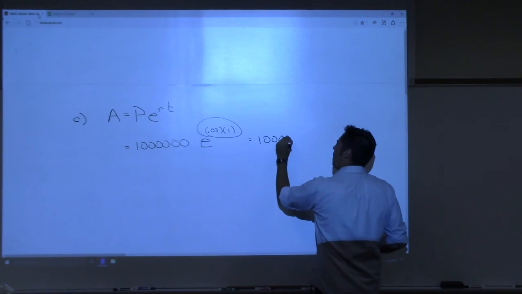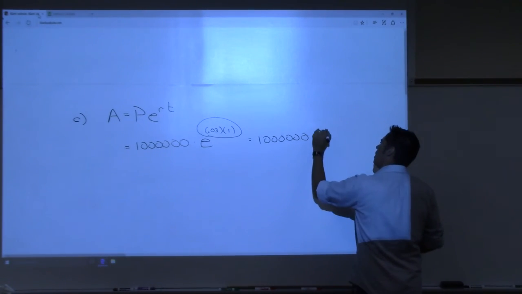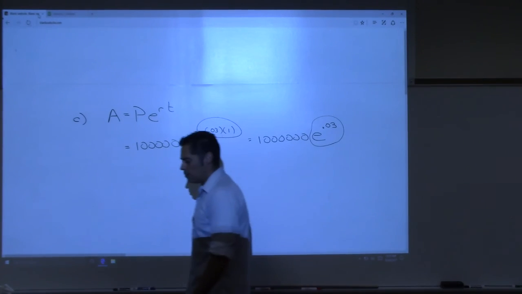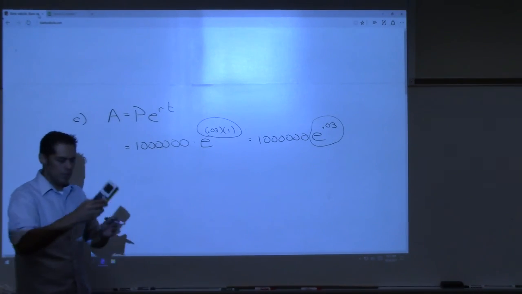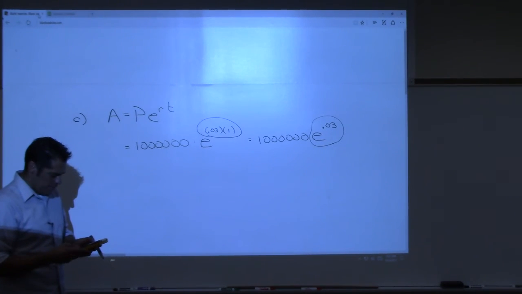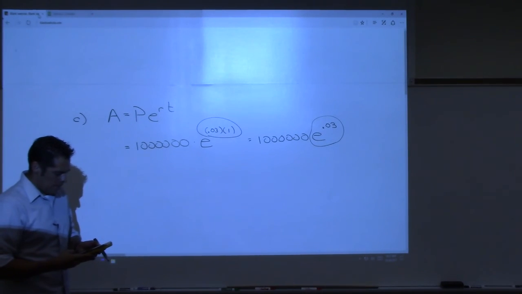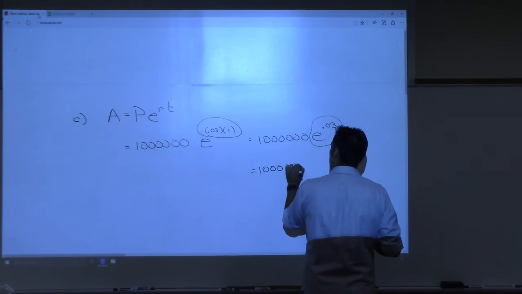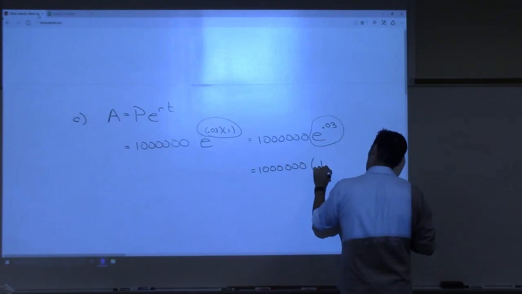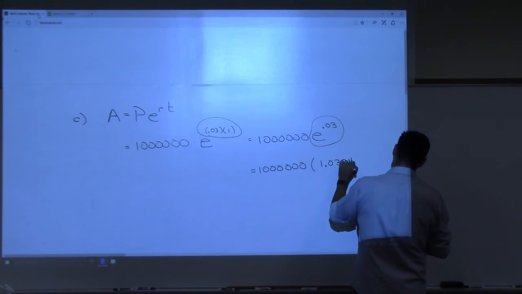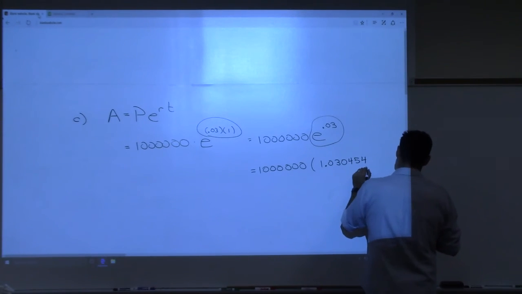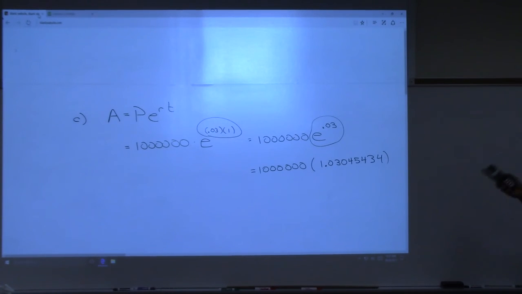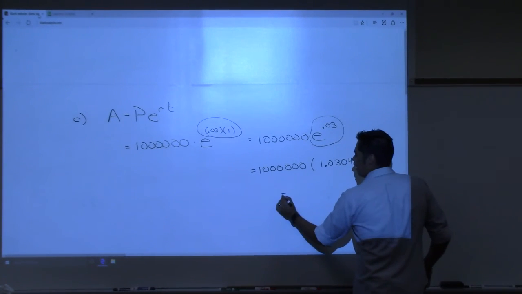1 million e to the 0.03. Now do this on your calculator, e to the 0.03. And that's what I was having you do earlier. So make sure you can do e to the 0.03. And that number is going to look pretty familiar to the number that we've been getting. It's 1.030454434. That's what I got. And now multiply by 1,000,000, and you'll have